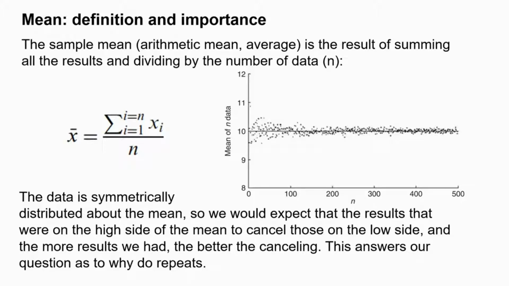So the data is symmetrically distributed about the mean, so we can say that the data on the high side will cancel the data on the low side. So at the end, the mean of the data will give you a number that will be in between, and statistically that number is very helpful to interpret your results for normally distributed data and